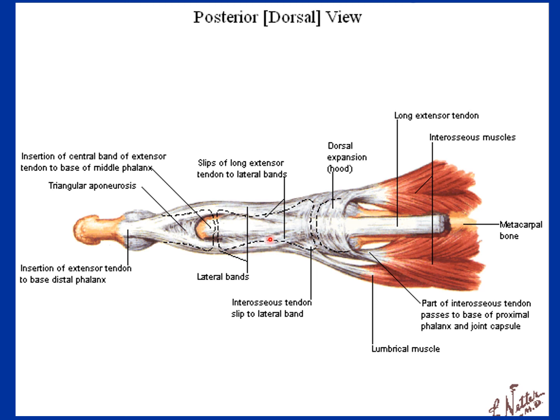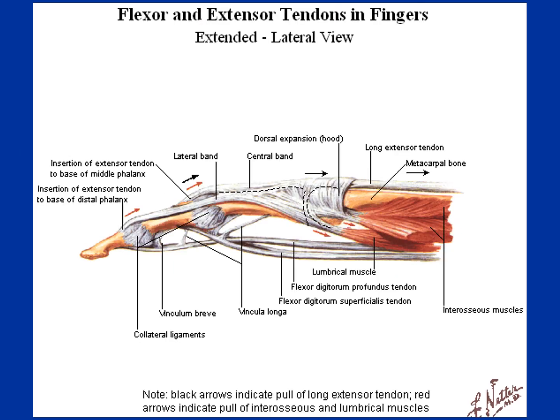And the tendon has three bands. One is attached to the middle phalanx, and the two split ends move forward, and then they insert on the base of the distal phalanx. And these are part of the interosseous muscles, which are attaching on the phalanges or bases of phalanges. This diagram is actually showing the long extensor tendons covered by the dorsal expansion of fascia.